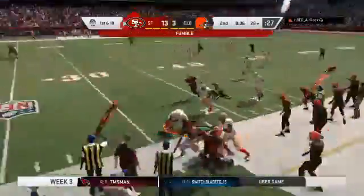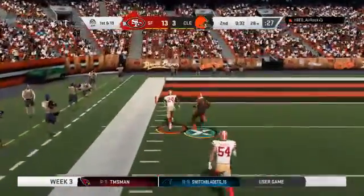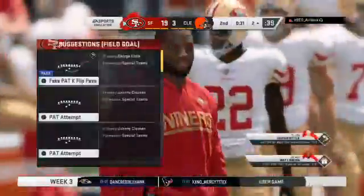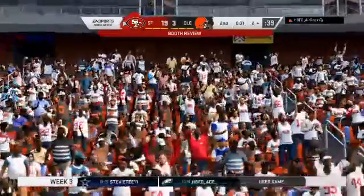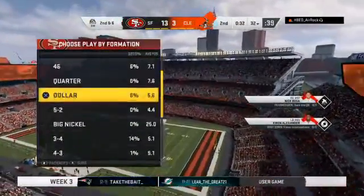The ball comes out. And now this is scooped up by the 49ers. And he's got room. And he will bring this one back. It's a fumble return for a 49er touchdown. San Francisco. Huge play by the defense, not only to force the fumble, obviously, but to return it for a